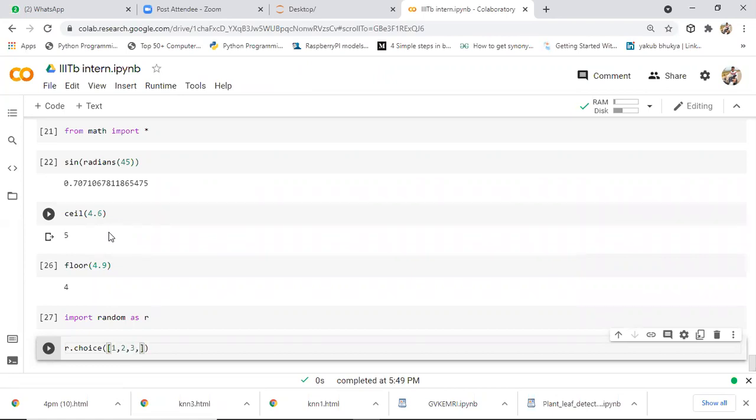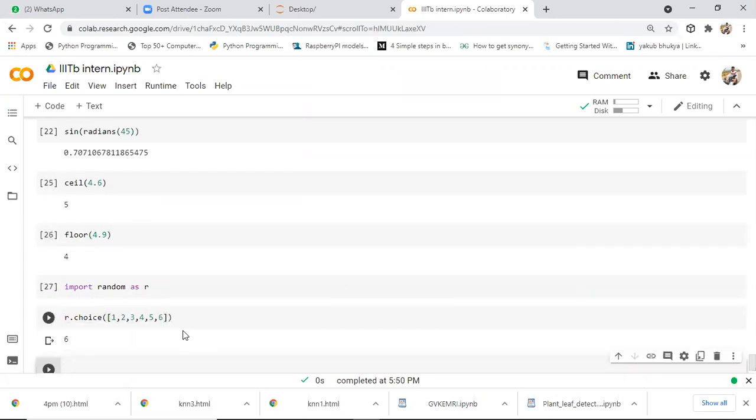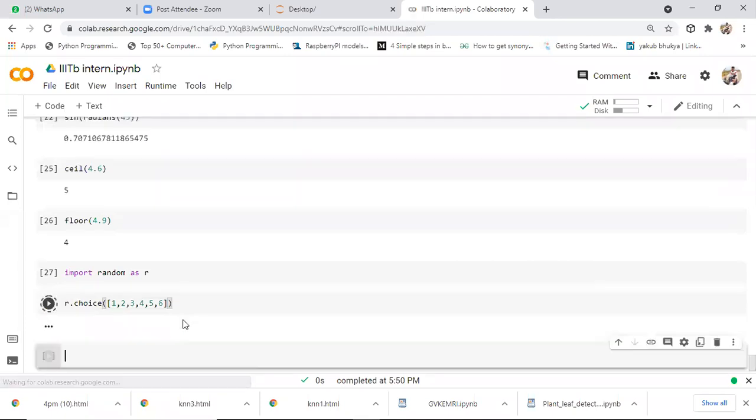So here I'll say 1, 2, 3, 4, 5, 6. I'm running this code. You'll see it is giving 6. In a Ludo game, whenever you click on the die, it will generate one number. So it is giving 6. After that, again I'm running this portion, and it will give you a different number. Again, if I run this portion, it needs to generate a different number in the range of 1 to 6. In this way, it will generate random numbers in a specified range, guys. To generate random numbers in a specified range, we need to take help of this random module.